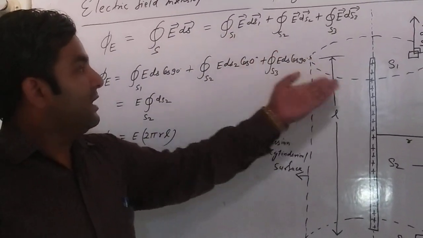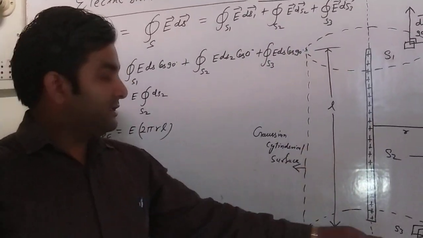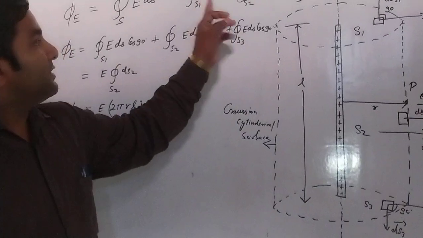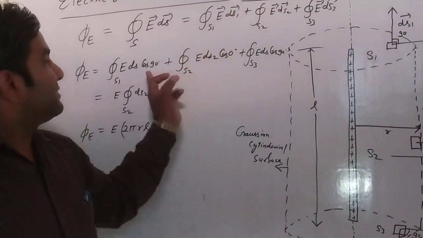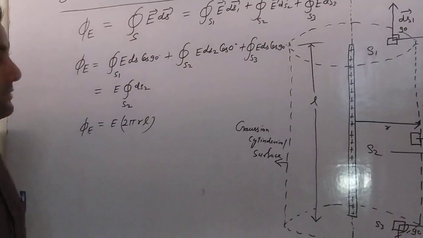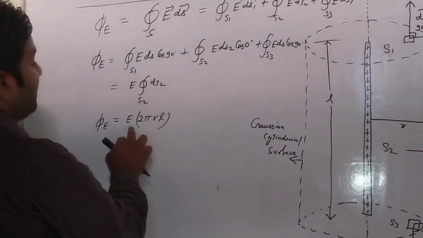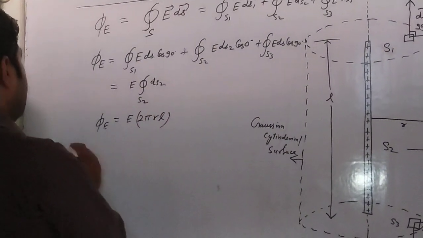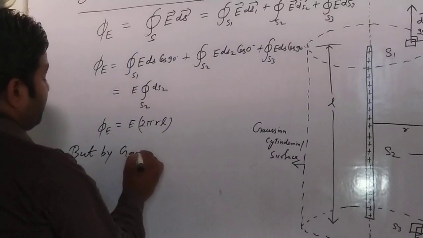First, S1, the upward circular surface; second, the curved surface; and third, the other circular surface. The flux through S1 and S3 becomes 0 due to the 90 degree angle, but the S2 surface contains flux E times 2 pi r L. This is the flux concept, but by Gauss theorem,